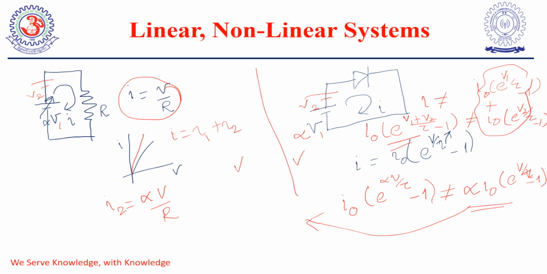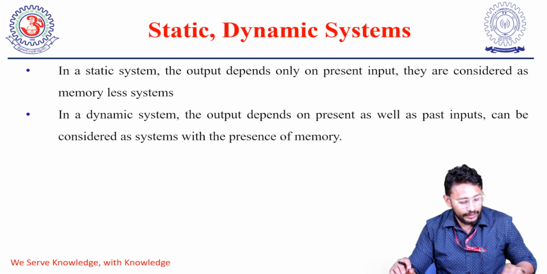So, to repeat, if the response of a system is varying linearly with the excitation, we'll call it a linear system. And if the response is not varying linearly, it has a certain relation, maybe quadratic, it can be anything, it can be exponential, we'd call those systems nonlinear systems. I hope it is clear. Let's move on to the next explanation,